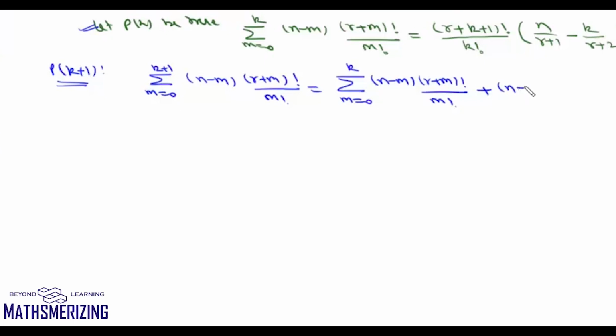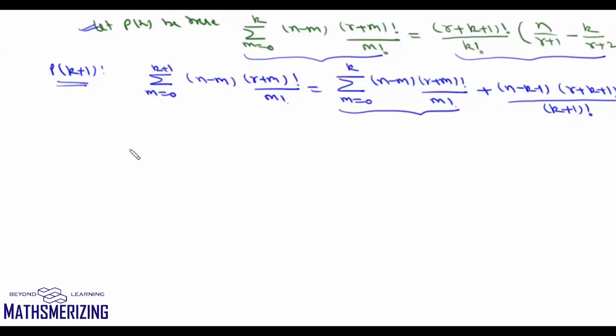So here it will be n minus k minus 1 into r plus k plus 1 factorial upon k plus 1 factorial. Now we know that this summation m varies from 0 to k is equal to this right hand side. So we can write it as r plus k plus 1 factorial upon factorial k into n upon r plus 1 minus k upon r plus 2,